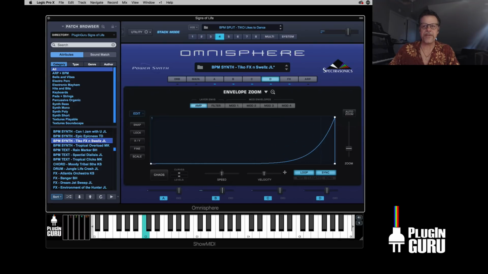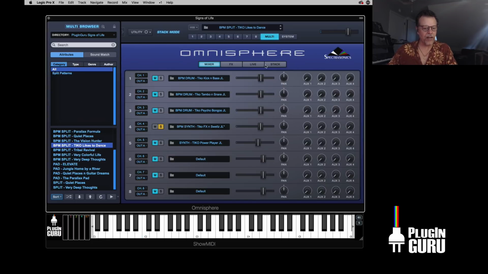So you can change the shape of things. So there's no ARP happening to get that. That's all LFO envelopes happening. So when you play it together,